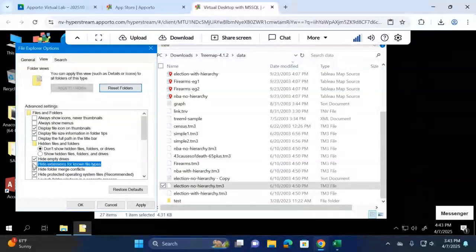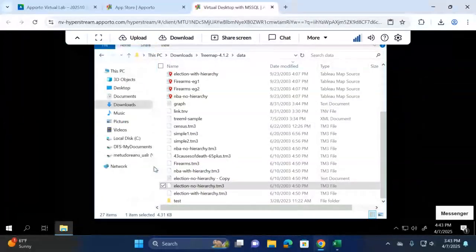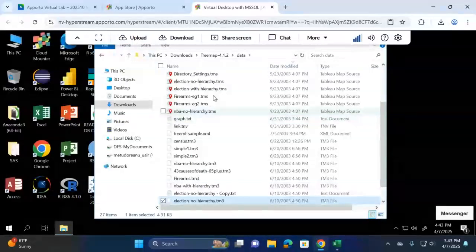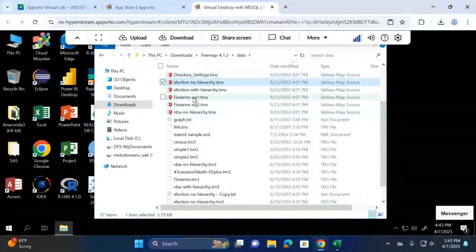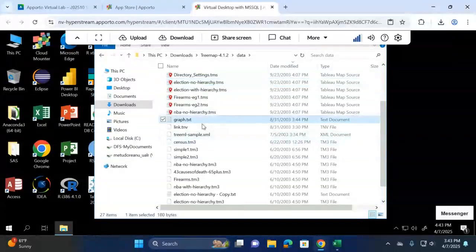So if you deselect this one, then the extension is going to be shown for all files. So that makes it easier to see the TMS files and their extension, or any other extension. So even the TXT file shows up the same way. Okay. So when you're done, you can probably submit it from here or download it to your own computer. Take a snapshot, save it, and